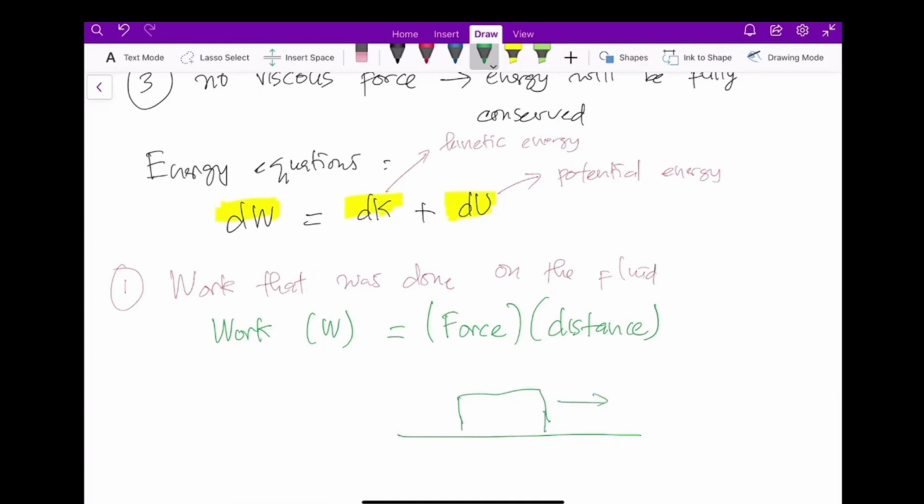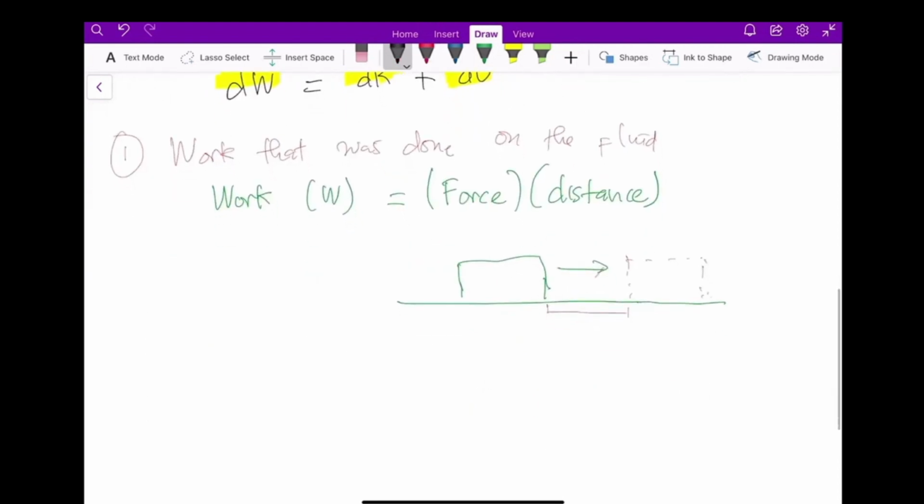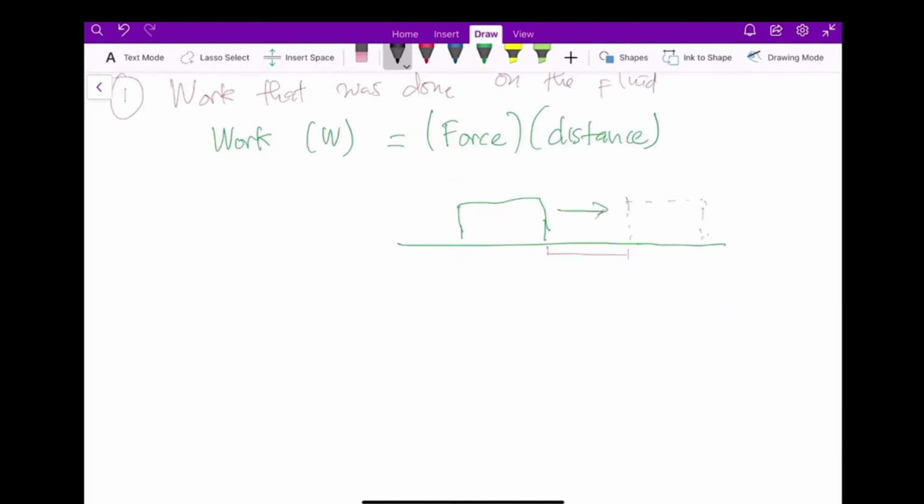Okay, then the block is moved. Maybe it moves several centimeters or several meters, whatever the distance is. Okay, it moves here by this force. So you can actually calculate the work that is applied on this block, because you know the distance of the movement of the block. So we are going to use this first principle to quantify work, to derive the Bernoulli